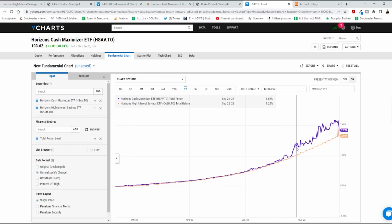We can see even during the midpoint of October that it was returning quite a bit more, almost 50% more. Now, this will normalize. Once interest rates settle, once they stop going up so dramatically, very likely these funds will begin to trade in line once again on a total return basis. But as I mentioned, if this is in a taxable account, you're almost always going to be better off owning HSAV. Now, in a tax-sheltered account, you could make the justification for owning cash, because if you are paid those